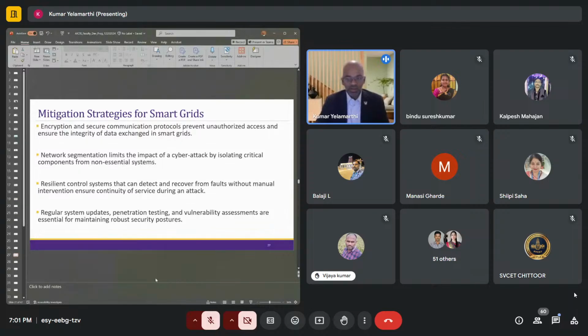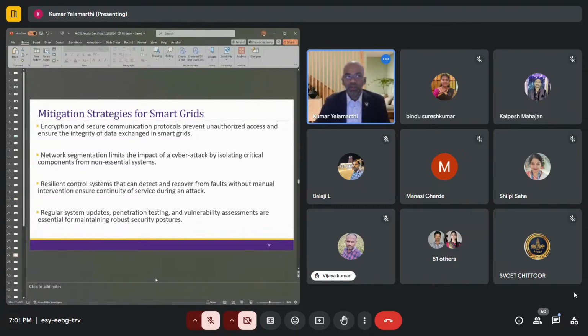And also, the next thing is network segmentation. Do we need to be connected to the network all the time? Or can we be isolated from the network at times? That is something you have got to look into. So if you need the data to be transmitted from a network to your end station, great, connect it. But if you do not need it, think about ways to isolate it from the primary network, right?